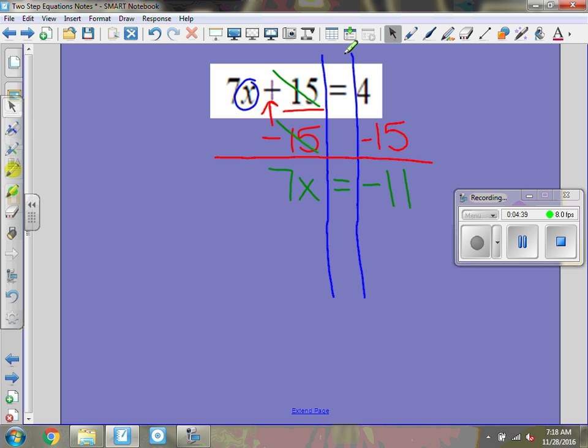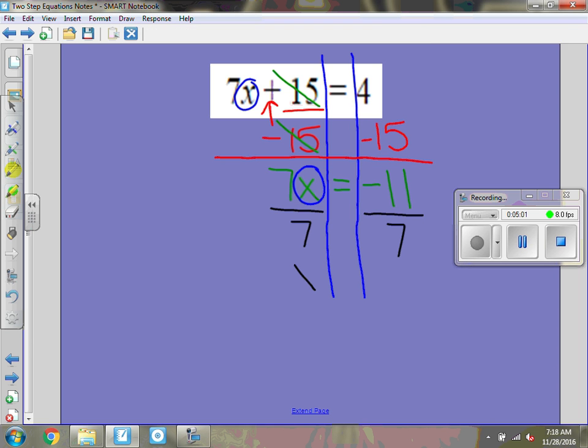Now I'm ready to go ahead and get rid of that best friend. I still want to keep that variable, but to get rid of that 7, I have to think about what's getting done. Right now, since it's squished up together, it's getting multiplied, so I'm going to go ahead and divide both sides by 7, and that's going to give me